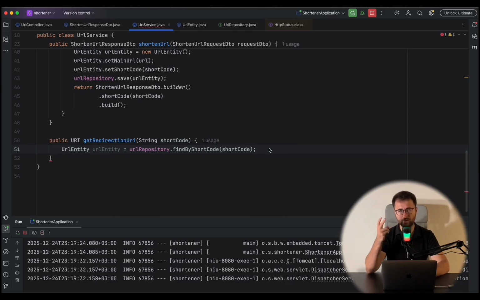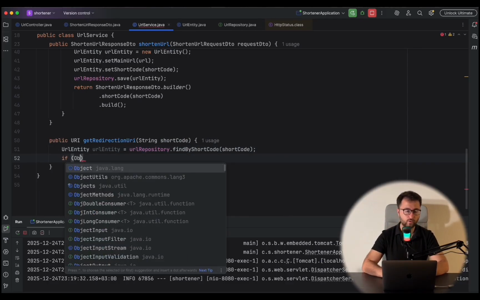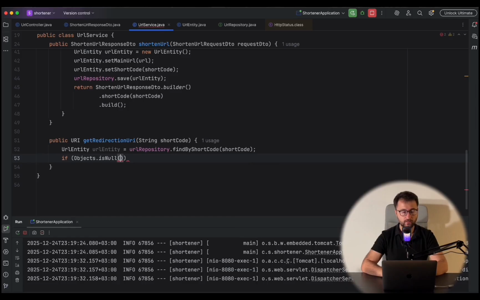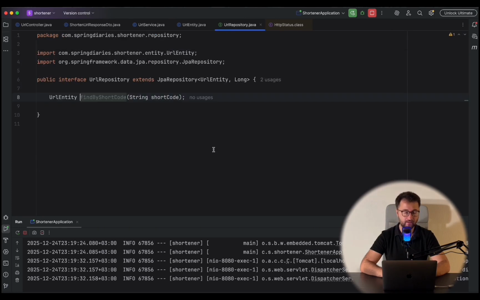And now there are two ways to go about null checks. You can call Objects.isNull on the URL entity, and then you can do some checks. But what would be more sophisticated than this is that if you go to your repository, you can actually make the return type of this particular method, find by shortcode with the parameter string shortcode,